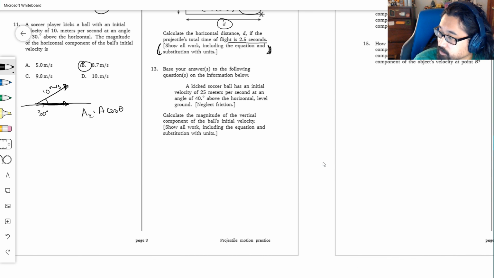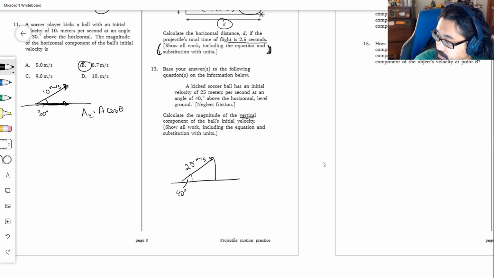A kicked soccer ball has initial... Angle of 40, so I know this is 40 degrees. I know this is 25 meters per second. Calculate the vertical component. So I need this. It's a right angle. I know that Vy equals V sine theta. That's straight off the reference table. And now I can use the correct numbers when I do it. 25 times the sine of 40, which is